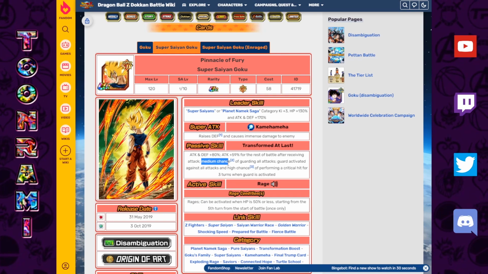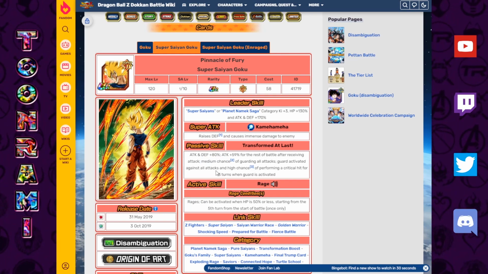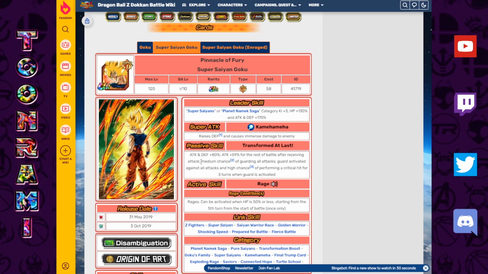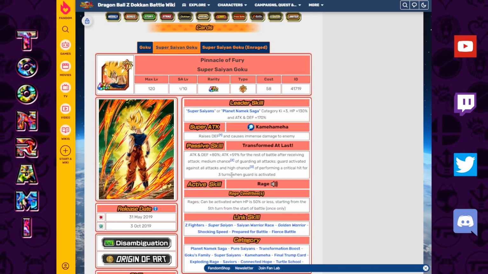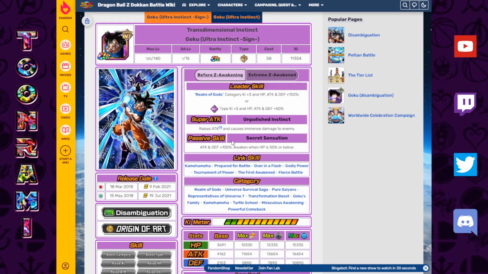Medium chance will then upgrade to high chance of guarding all attacks, guard activated against all attacks, high chance of performing a critical hit for 3 turns. The rest of this can honestly remain the same. So we're not really changing much. We're changing one word right here, and we're simply adding the same excerpt that we would have added to this passive over to this one. And that seems fair. It makes the unit very powerful and pretty ridiculous, but hey, look at what happened to